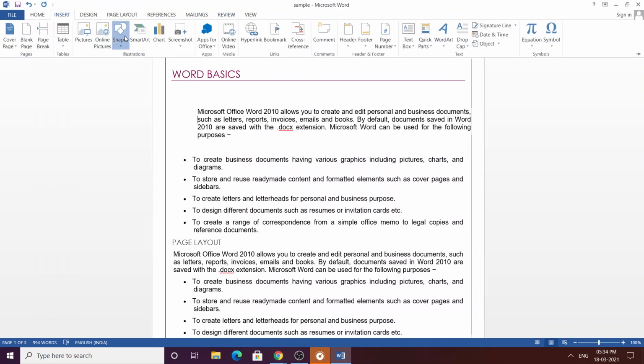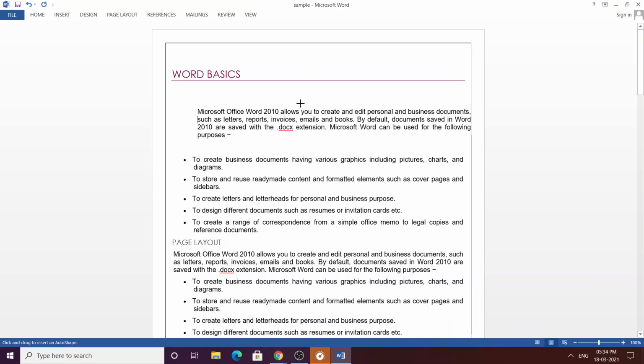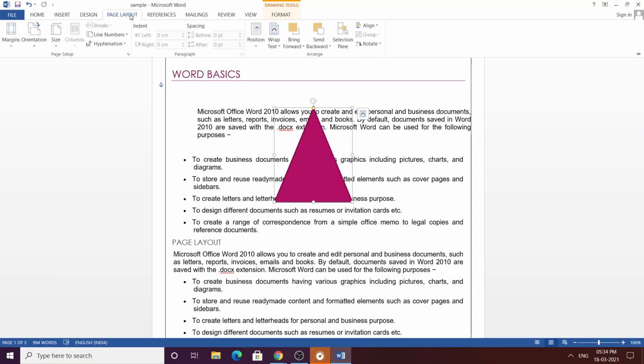So insert shapes. I'll select a triangle here. Just drag the cursor and you can get a triangle here. So to format this, we can use this. Now you can see that the arrange options have been enabled in the document.